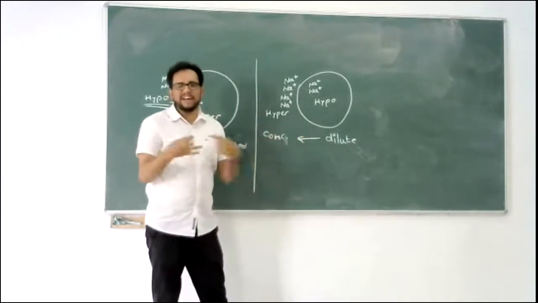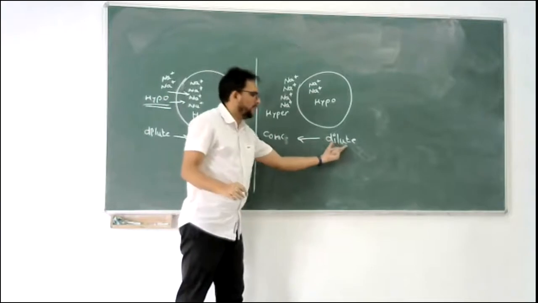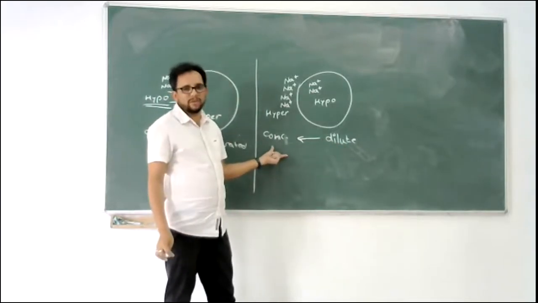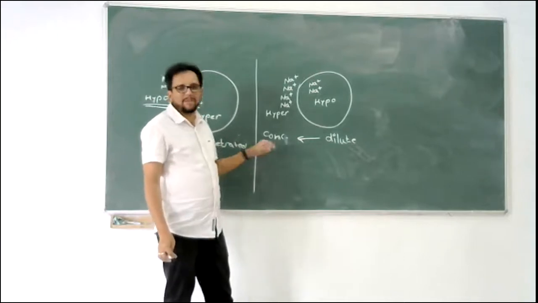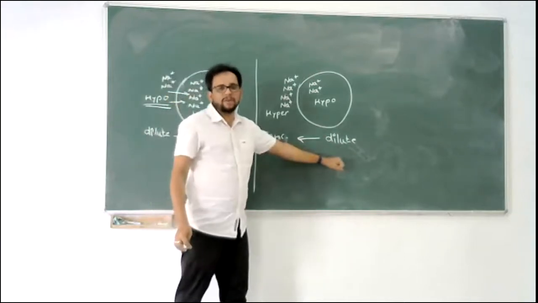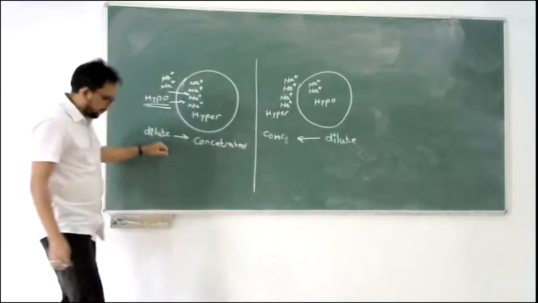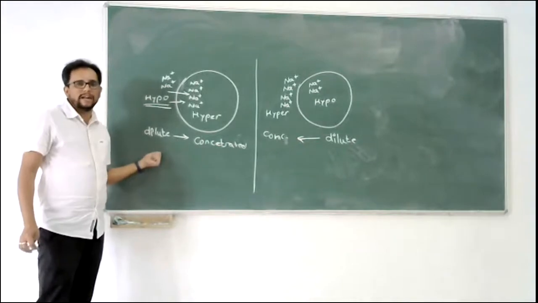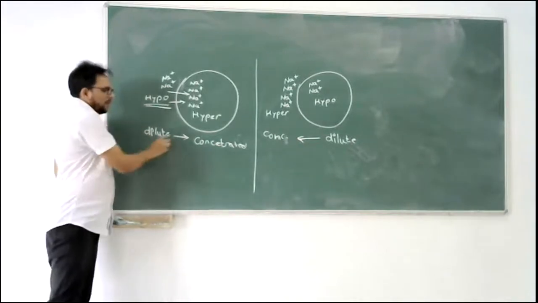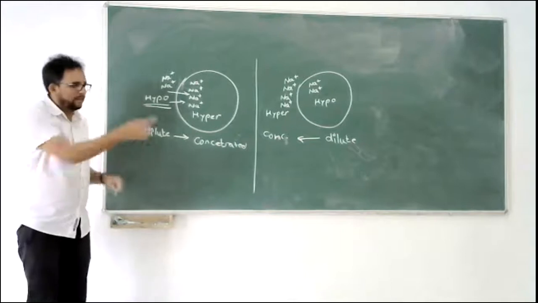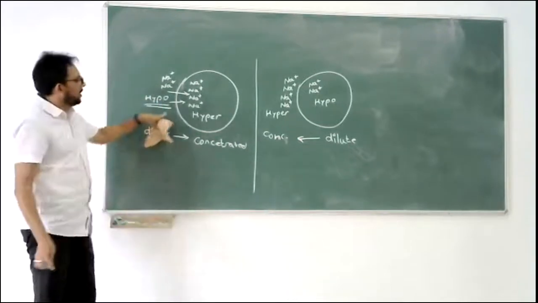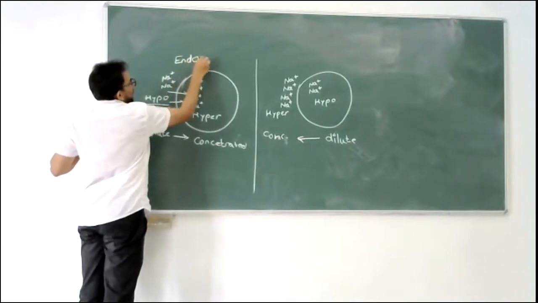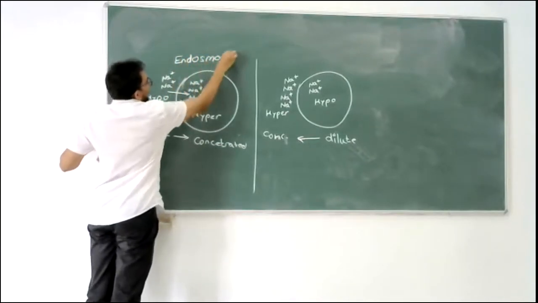Osmosis is not changing. Direction can change. Osmosis will always happen from dilute solution to concentrated solution. Diffusion will always happen from concentrated to dilute solution. Here also, if diffusion has to happen, it will again happen from concentrated to dilute. Osmosis is always from dilute to concentrated. So same in this case also, here it will be called endoosmosis because water is moving inside.